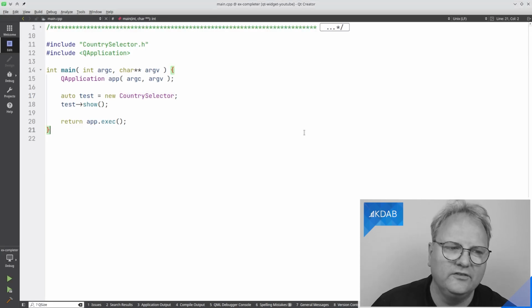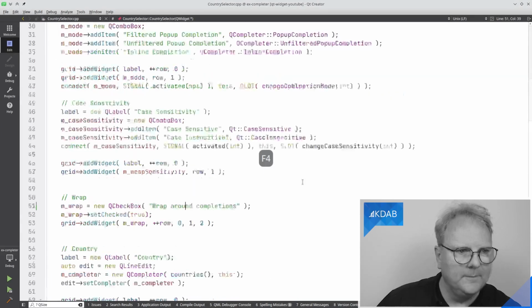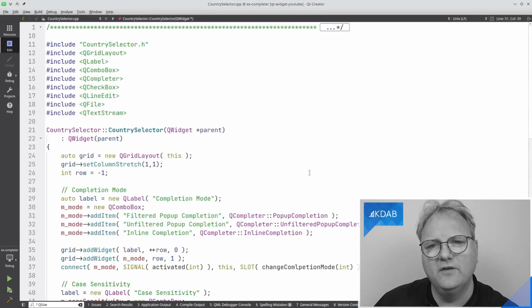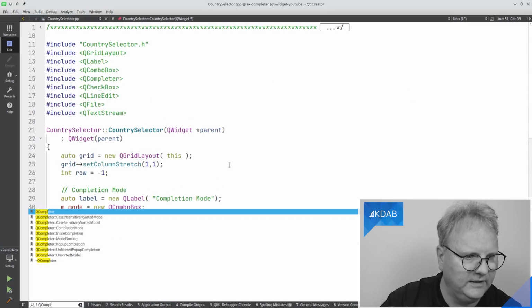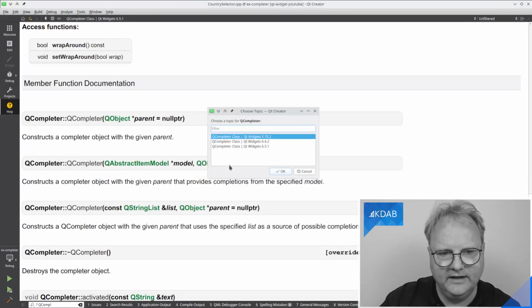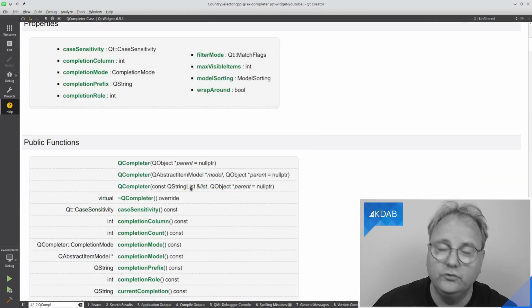There are two ways to provide, and let me just show you the code for this example here. Let's just go and look at the completer. There are two ways of providing the data to the completer, namely either using a QStringList.